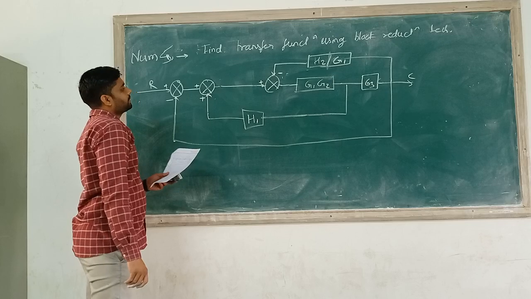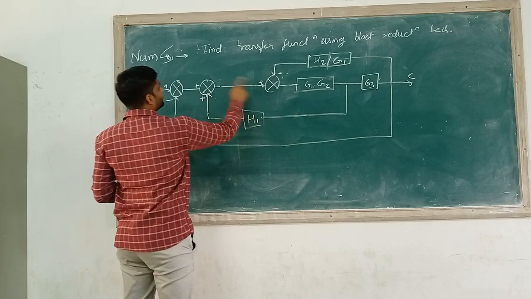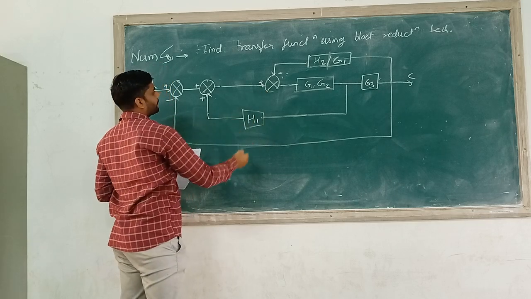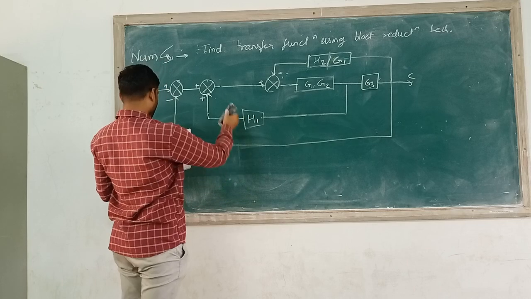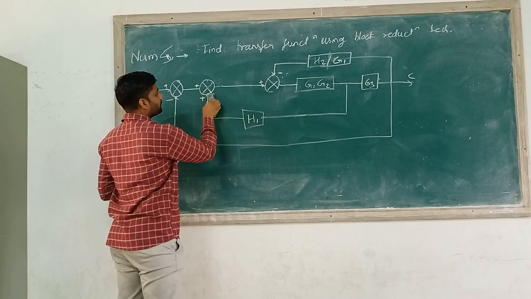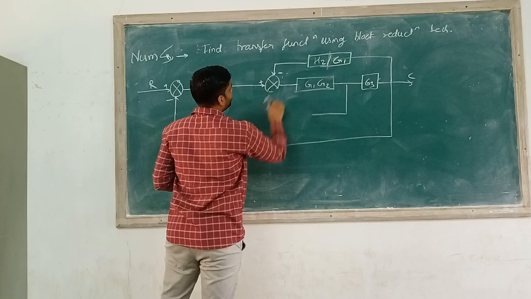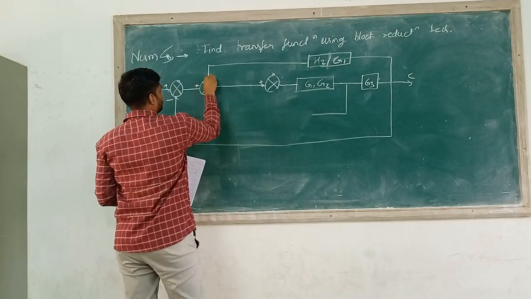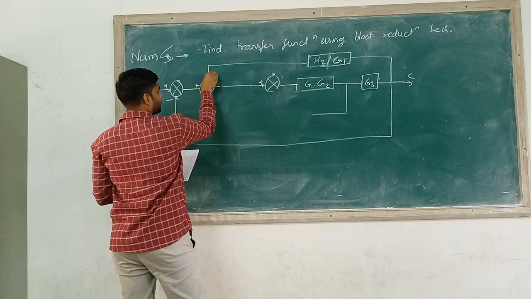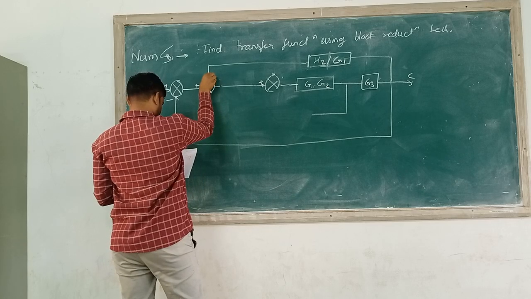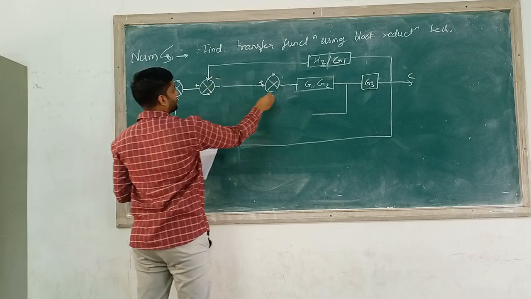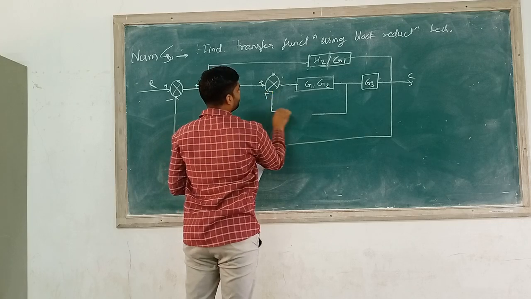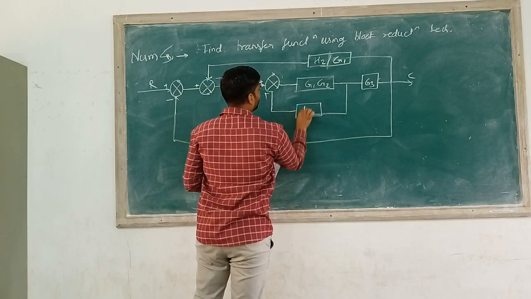Now in the next step, we are going to change the position of these two. Okay. So there is nothing required to do the position of these two. Simply we can change this position of the two summing points here. So for this plus, this minus, and for this G1 G2 is simply plus here. Okay. H.